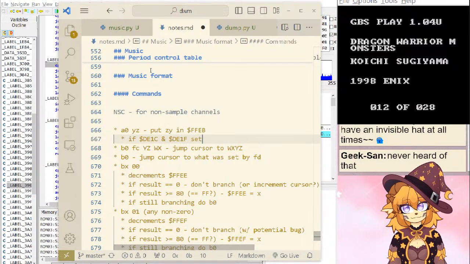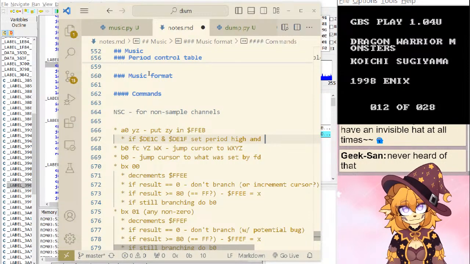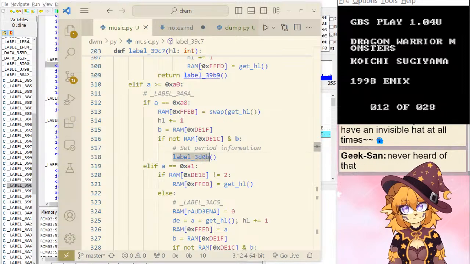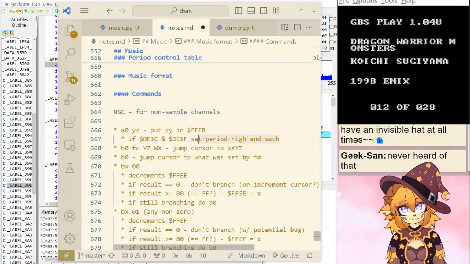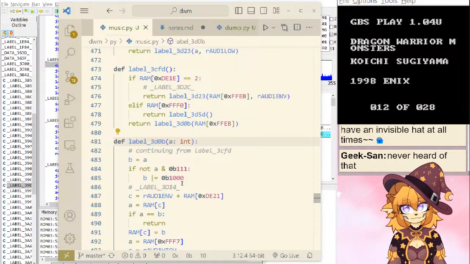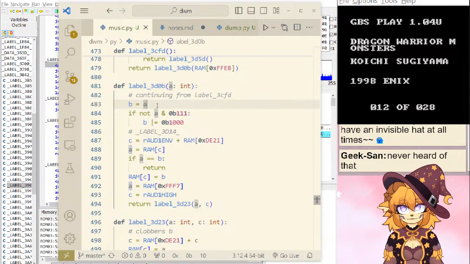I don't really know what this is. It's not very helpful, but we'll figure it out later. I think this is... I figured this out a little bit before.